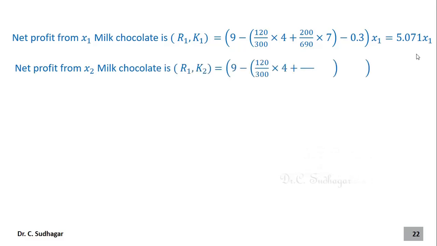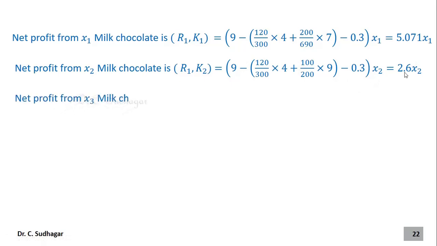Similarly, when you are calculating for X2 milk chocolates, it is round shape but packed in round shaped boxes. It is 2.6 X2. So the mold is a round mold, so the cost is not changing, but the box is changing. Last time we packed it in the square shape box, this time we are putting it in the round shape box, so the cost of the box is changing. Raw material and sales costs are the same, so these types of packs are X2 packs. So X2 into this is 2.6 X2.